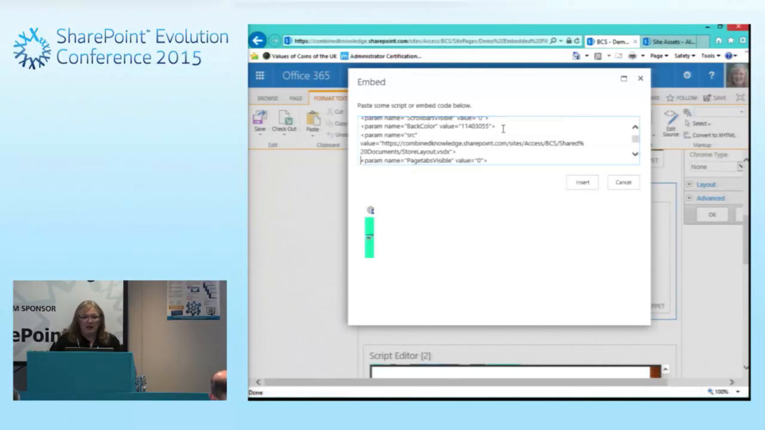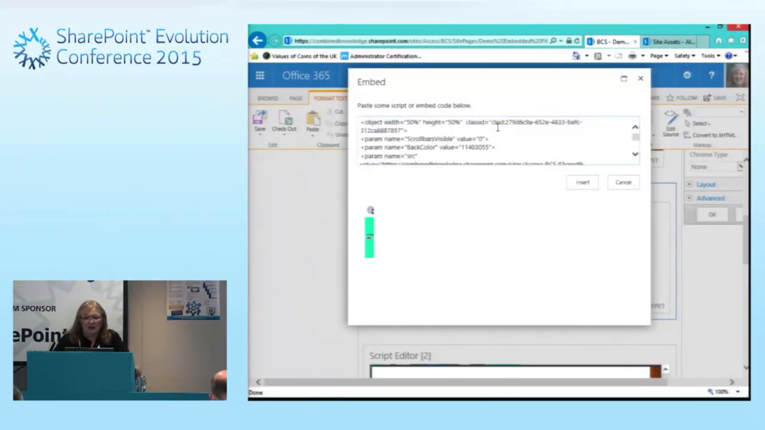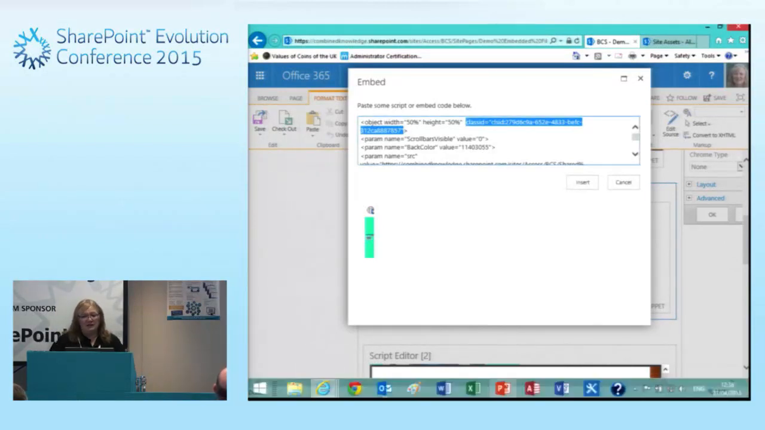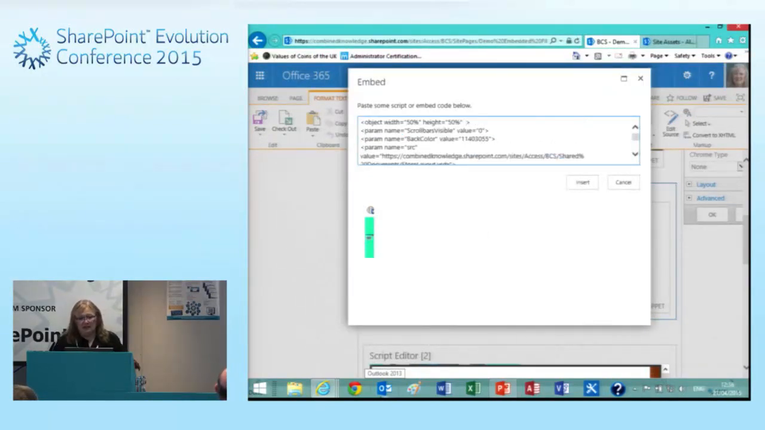And as I say, as long as the person's got Visio installed or Visio Viewer, then it will display. The magic bit that tells the person's computer what program to use to display the file is this class ID. So that's the class ID for Visio. So if I delete that,